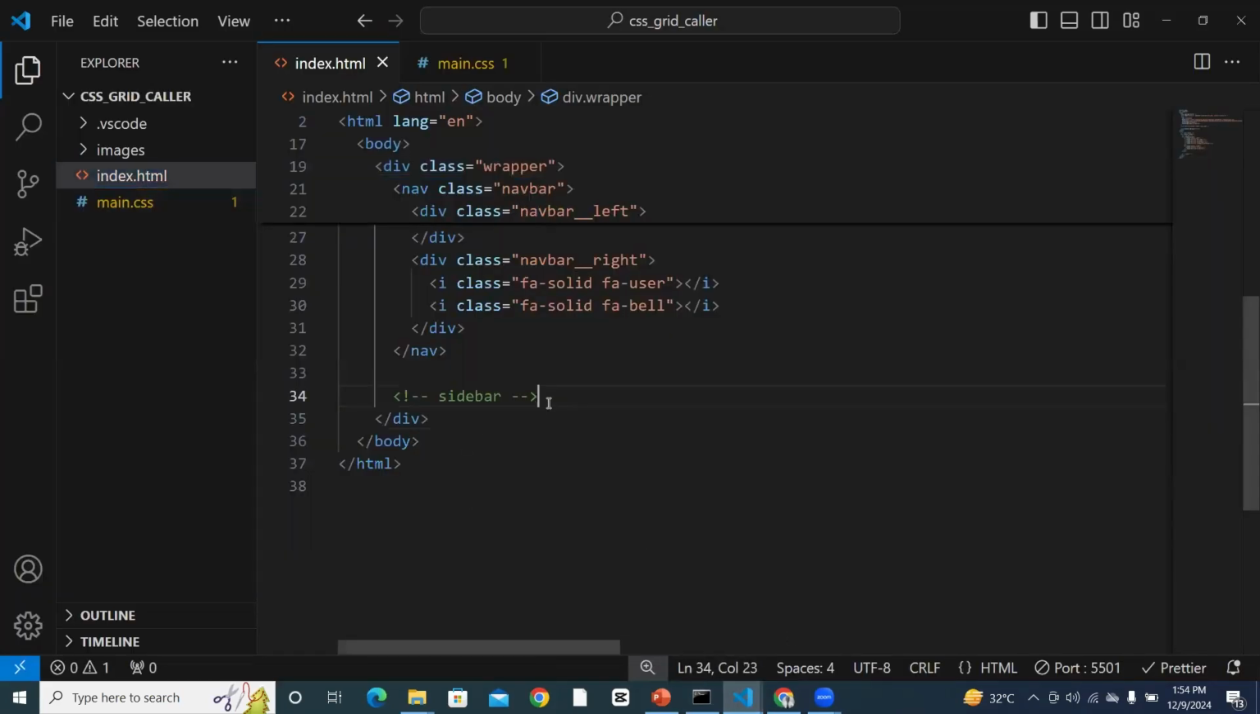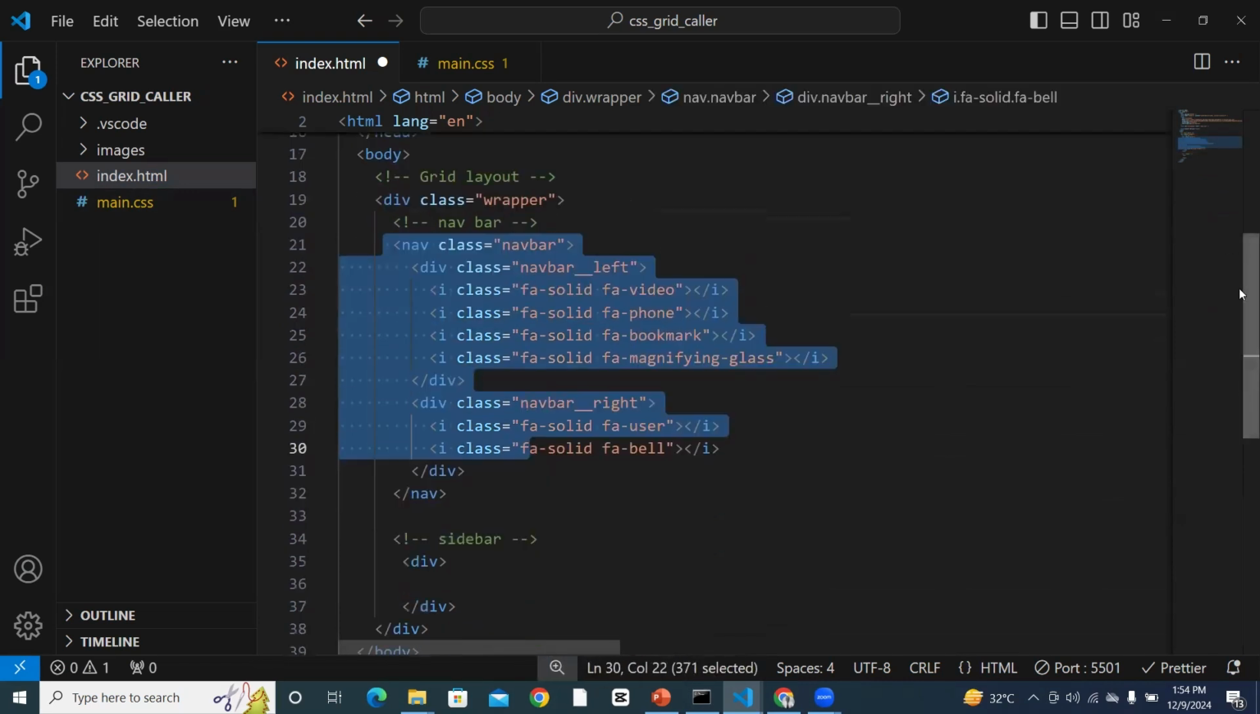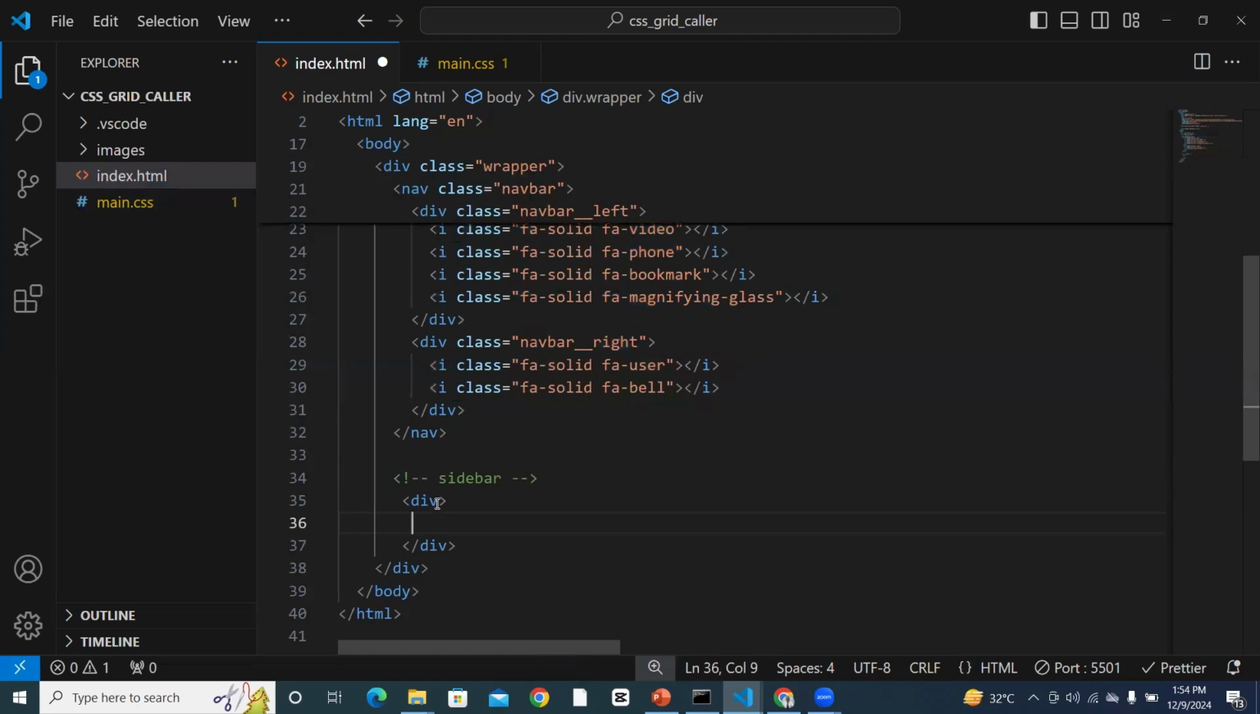On the sidebar, we want a div that is going to be inside a div. So we have two direct children now. We have two divs that are children of this wrapper. So this is going to be display grid, right? This is the first child, and this is the second child that we are dealing with now. This is going to have a class of